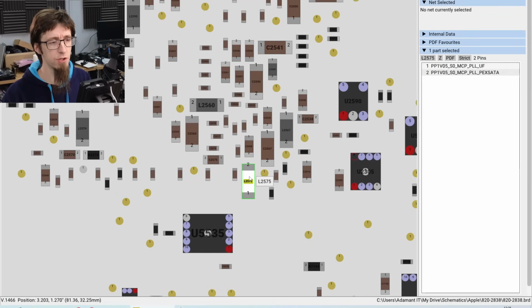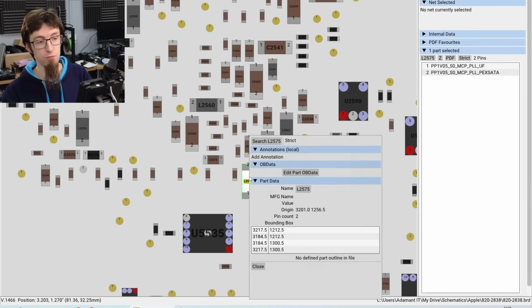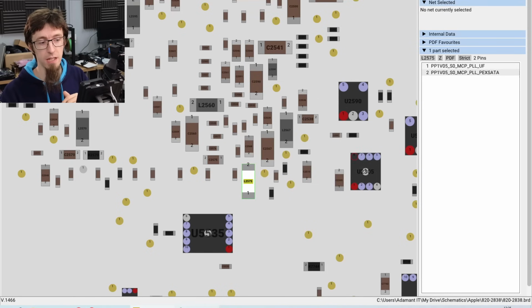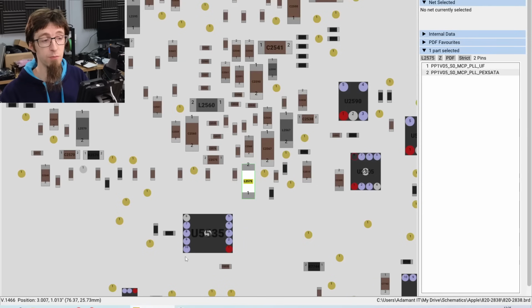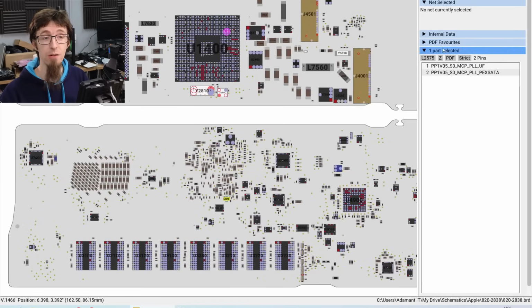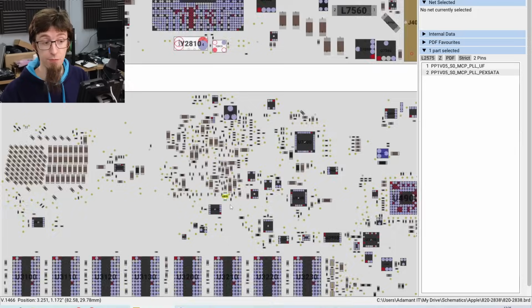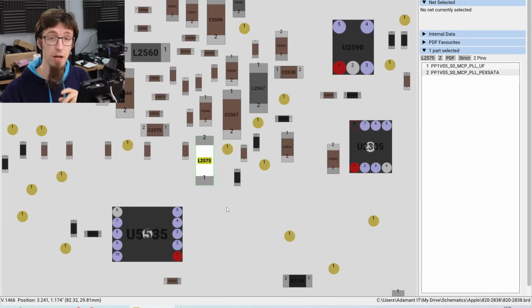So I'm just going to look these up on the schematic. Because I'm running Flex Board View, I can just right-click and search. As a side note, there's now a free version of Flex Board View available. It doesn't have this little integration here to be able to right-click and search and immediately jump to that point on the schematic. But if you like Flex Board View's visual layout and all of the extra notes that it can have available, then there is a free version available for it. So check that out at